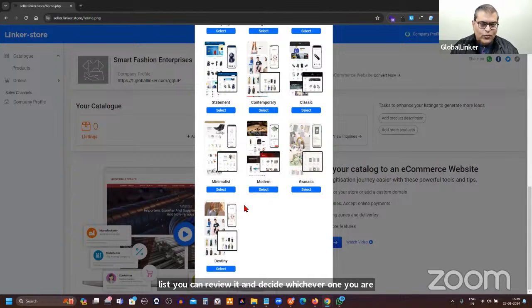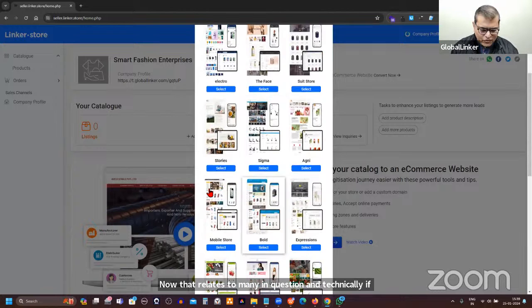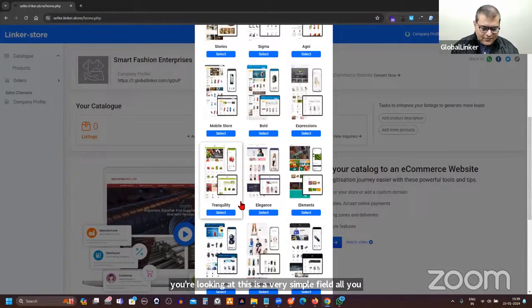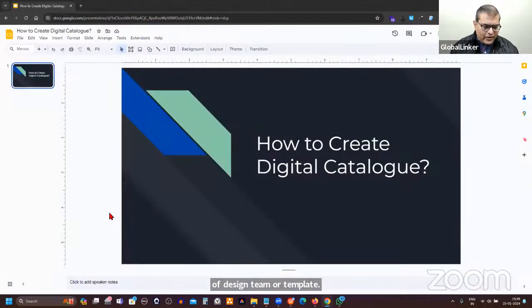Now that relates to many questions, and technically, this is a very simple field. All you are expected to do is just review it like this, and whichever is looking nice, just select it, right? But this is where many people get stuck. So what we'll do is very quickly try to understand this concept of design theme or template. For that, again, I am going to switch my screen and take you to another presentation